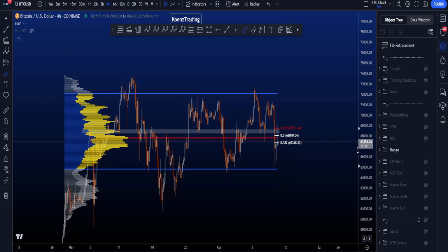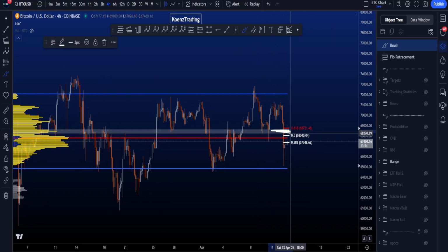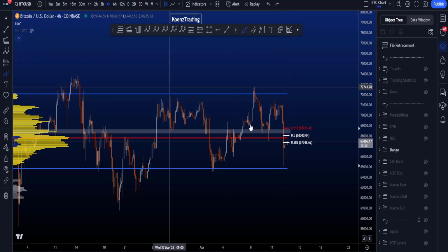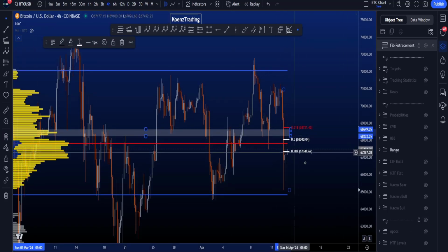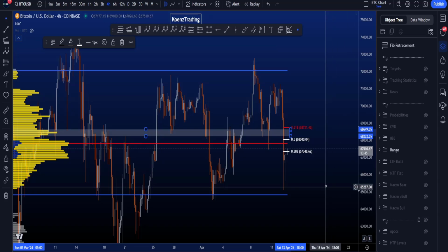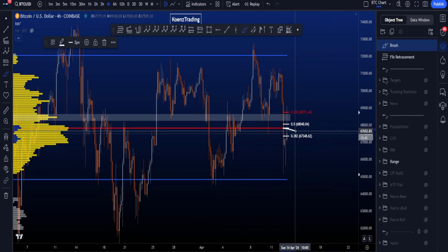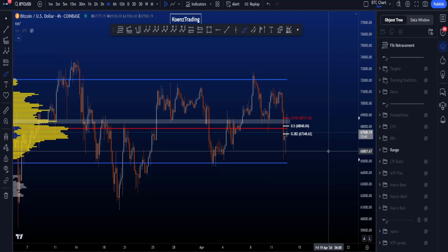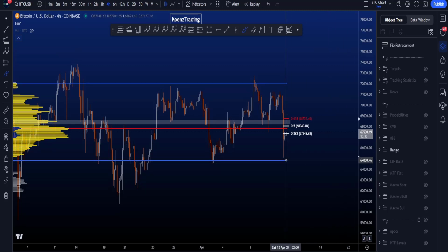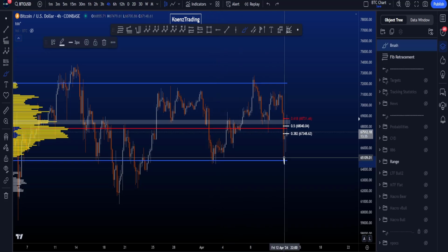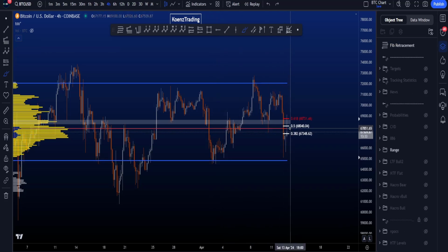Now, from a ranging perspective, we now have important resistance above us. So if we move to the 0.618 and can actually hold here, then we are also above the white box on my chart. Important SR level 68.2, 68.6, and we have the point of control acting as resistance now as well. So this is an important range. Value area low 64.8k, pretty much at the highs, right? There's not much space left down here. Point of control 67.8,